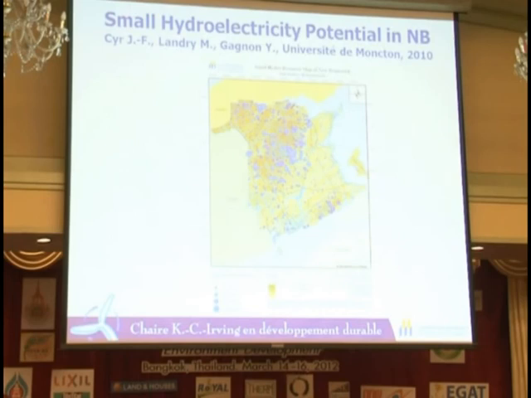We recently published with the government of my province what we call small hydro potential in New Brunswick. So we've developed some methodology where we identify locations where we could install some small hydroelectric projects throughout the province, and the circle is based on the size, the capacity of that project. So essentially what we're hoping will happen is that some investors or community